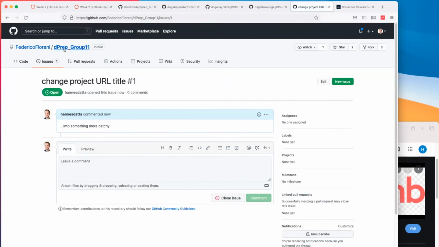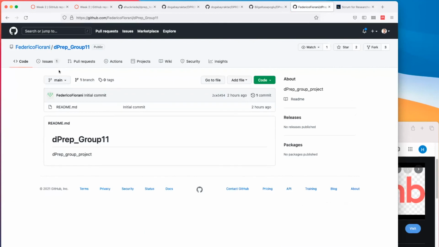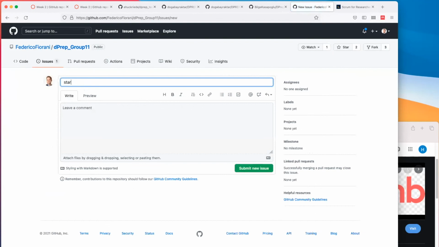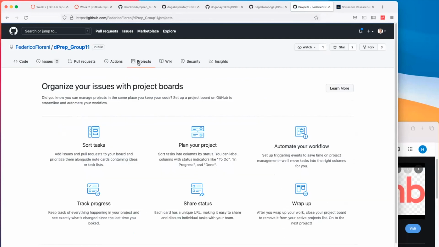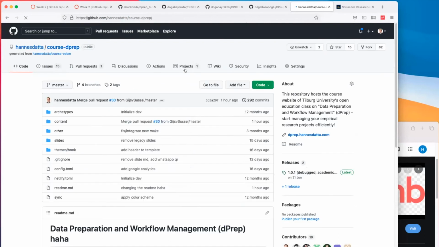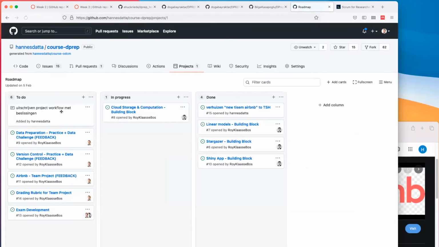Do I see anything else? Start selecting data sources. See, you as a collaborator can create issues, and then you guys can start. Right now I can't show this project board, so I'll go through one of my repositories to show you. You can start creating a project where you can create 4 columns.